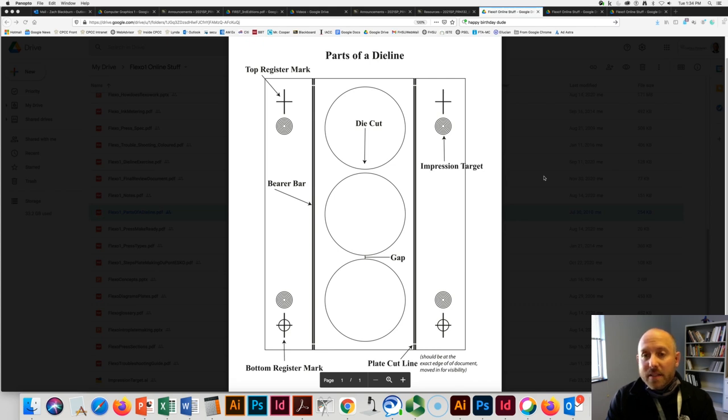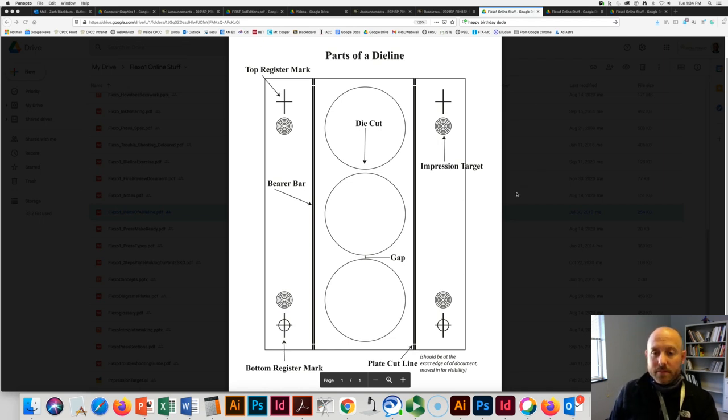We have a variety of dies in our lab, and you can choose one of those dies, and the sizes and shapes that are on those dies are fixed and they're unchangeable. So that means that whenever we develop this die line, it needs to be very precise, and everything about building this is about precision. So now with that being said, let's take a look at a die line and the